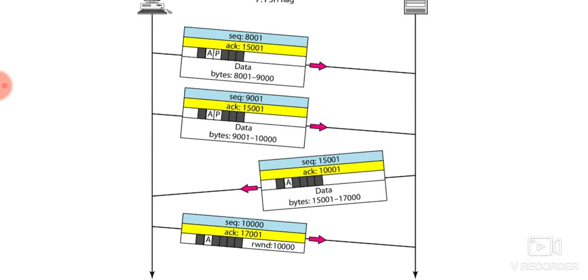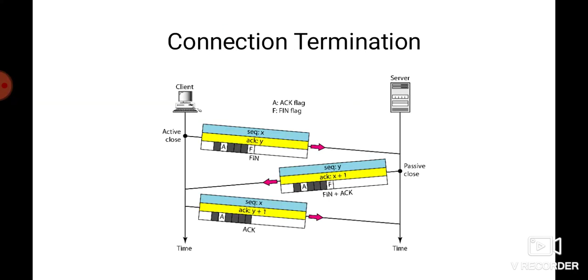So this is how the data is transferred in TCP using SYN and ACK. Okay, next we will see how we can terminate the connection. We have seen the three-way handshaking in the connection establishment phase of TCP. Again, in connection termination also three-way handshaking is used. Either of the two parties involved in exchanging data can close the connection, although it is usually initiated by the client only. Most implementations today allow two options for connection termination: three-way handshaking and also four-way handshaking, but we will only go for three-way handshaking.